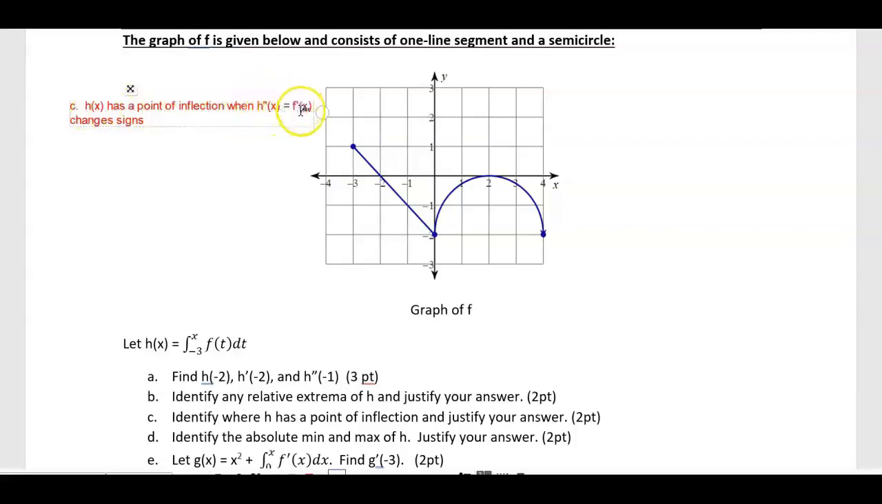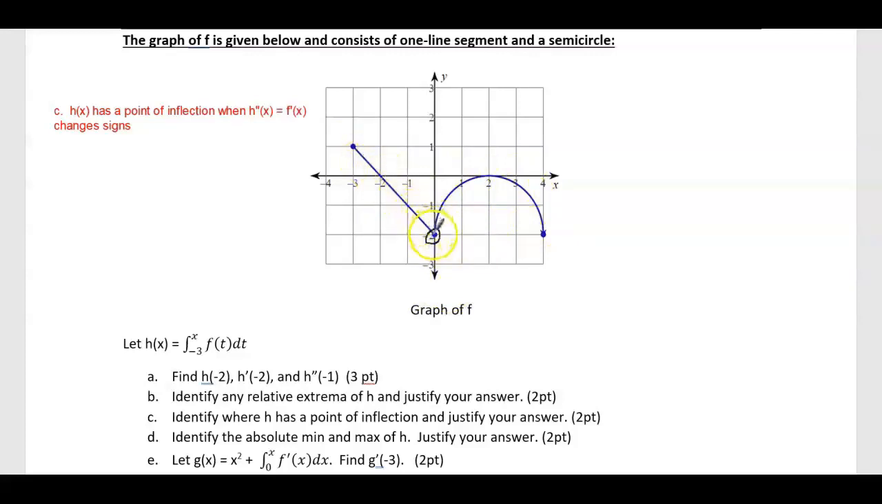h, which is f prime, that's the graph I'm using, changes signs. Now you have to understand what f prime represents though, right? Remember earlier back on part A, we talked about how f prime is the slope of this graph. So where does the slope of this graph change, from being positive to negative or from negative to positive? Well, there's two places where the slope of this graph changes. Okay, the slope of this graph changes here